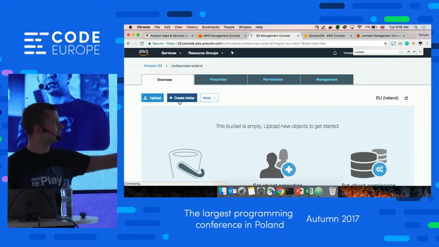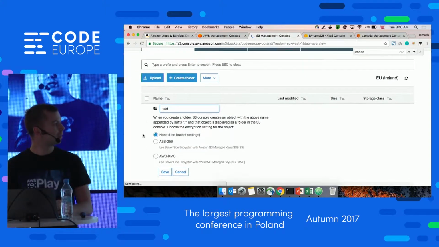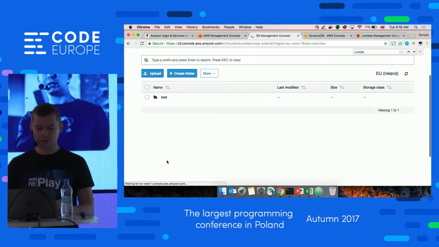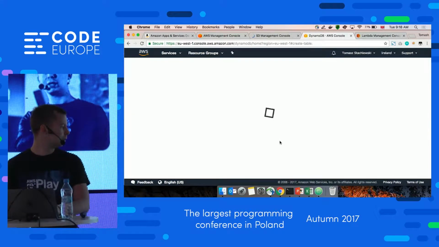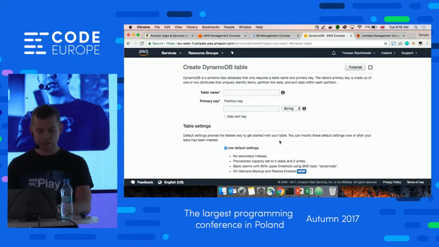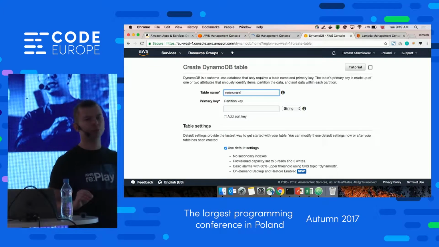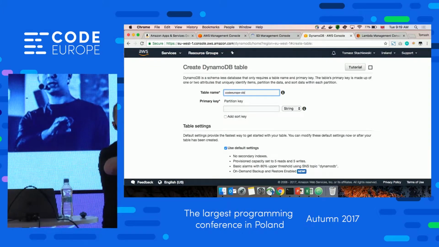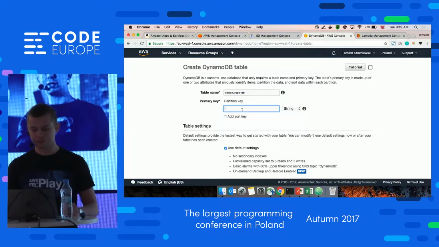Okay, so now let's go to Lambda and let's create this microservice. So let's create a function and let's call it convert to audio. For runtime, I will use Python 2.7. Role is a permission. So I will choose a permission which I already have created before. Thanks to this permission, the Lambda will have access to Polly, to DynamoDB, to S3, okay? So let's create it.